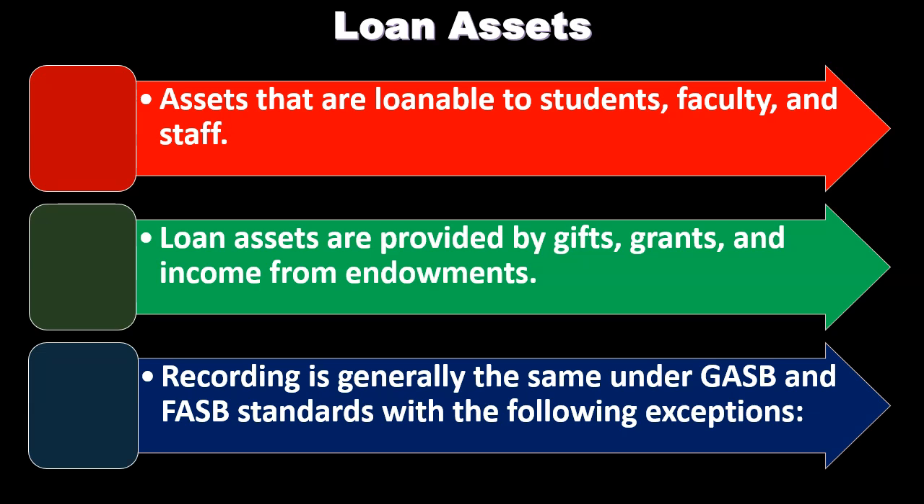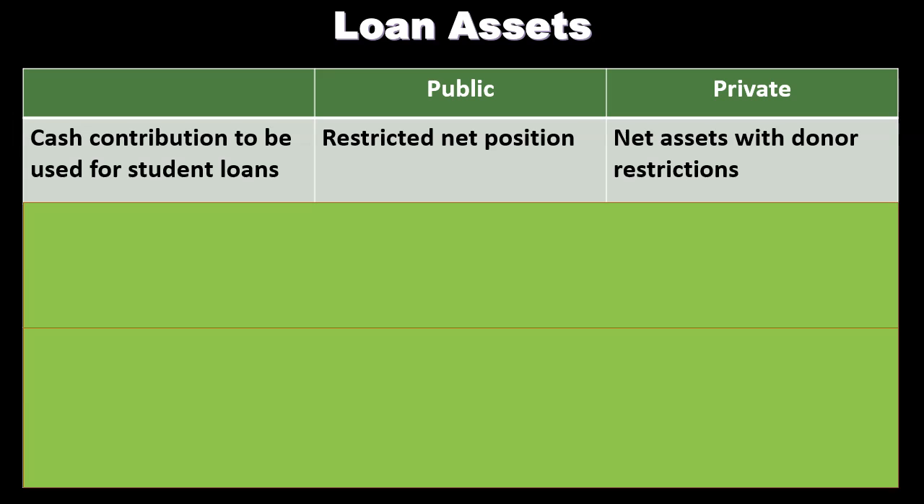Recording for loan assets is generally the same under GASB and FASB standards, and therefore generally the same for the governmental type of entity, the university, the public, and the private standards, with the following exceptions. Here is our table for the loan assets. We've got the public institutions, that would be the governmental entities, the public universities, and the private institutions, which would